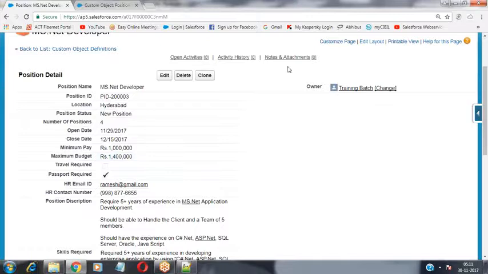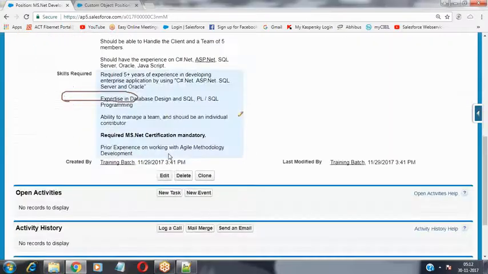For this position, it has allocated the ID reference number PID-200003, because we already had 2 position records, and now this is the 3rd position. The remaining details have also been stored successfully. Business logic is also available by default.